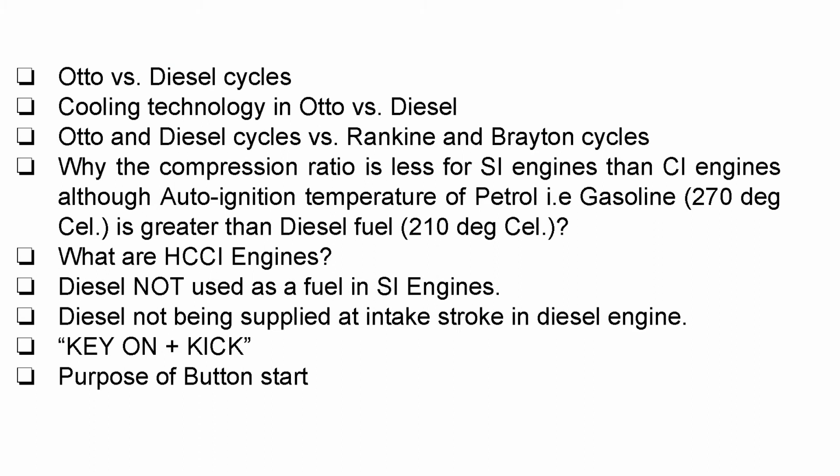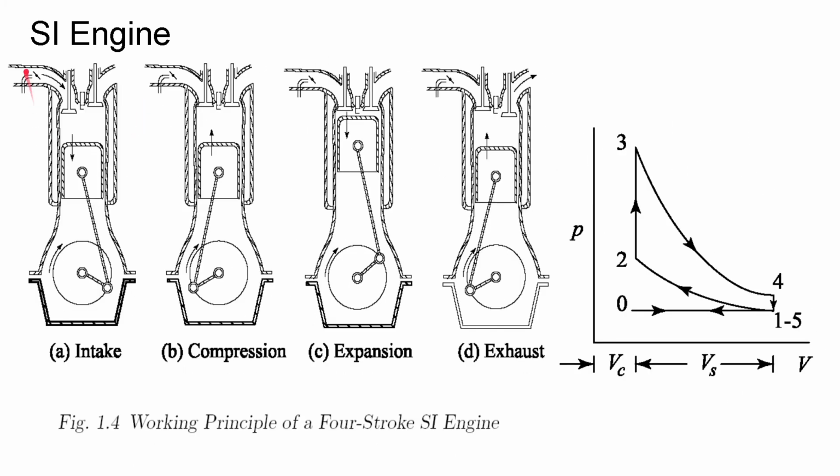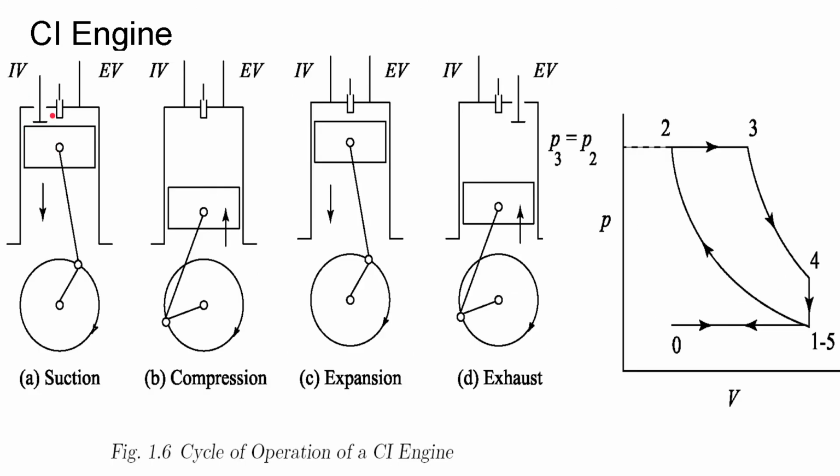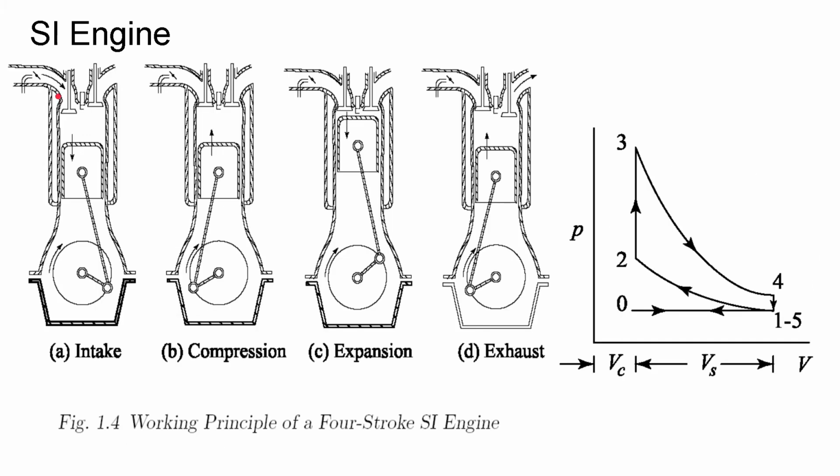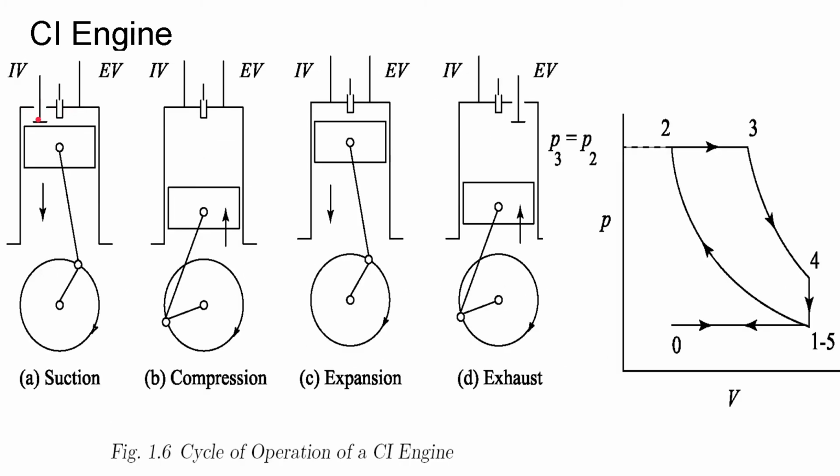Second is the inlet. Here we took an air plus fuel mixture, and here we took pure air as our inlet. Then we had a spark plug over here and a carburetor for mixing our fuel with air, while we don't have any carburetor over here. Instead we have a fuel pump to pump our fuel to the fuel injector, and we have the fuel injector side by side.